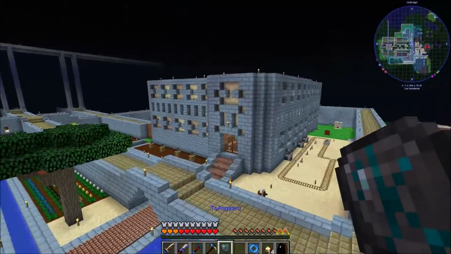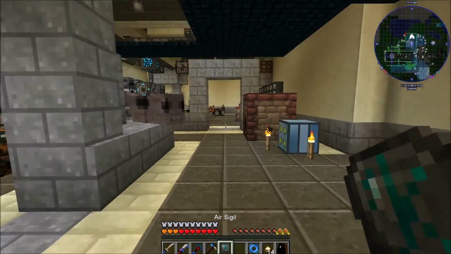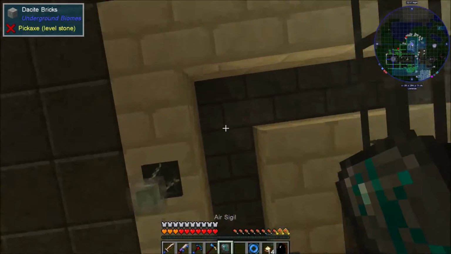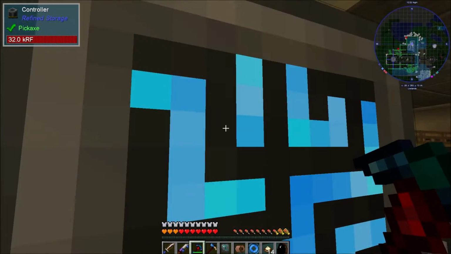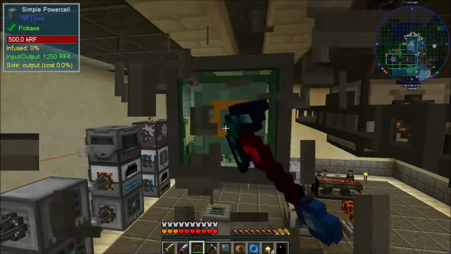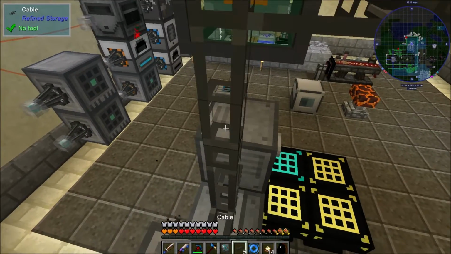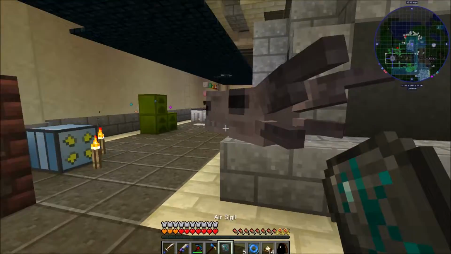I'm going to change some stuff up here. For right now, and this is all going to change once we get more power cells, I just don't want to make them right now until it's easier. Let's pull this off. We don't need that. And we're going to pull off our controller. We're going to replace this with a cable. We're going to grab our power cell. And then